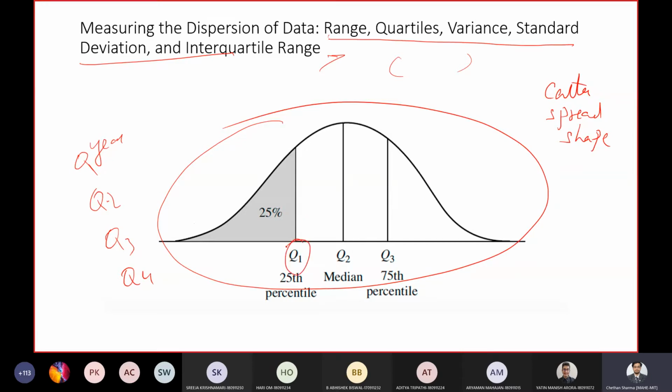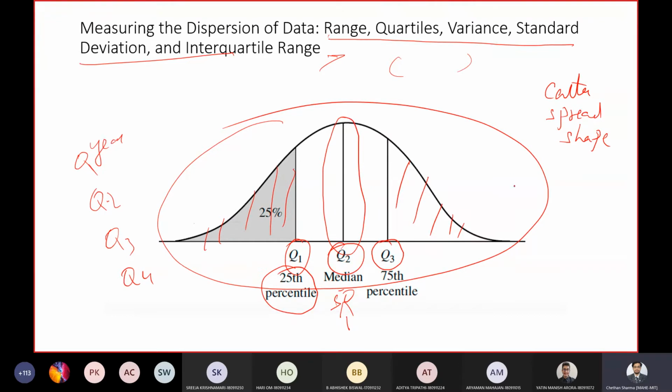As far as this particular graph is concerned, the first quartile is denoted by Q1, that is the 25th percentile. It basically cuts off the lowest 25% of the data. The third quartile is denoted by Q3, which basically cuts off the highest 25% of the data. And Q2 refers to the 50th percentile. So basically it acts as the median, and it is the center of the data distribution, Q2.